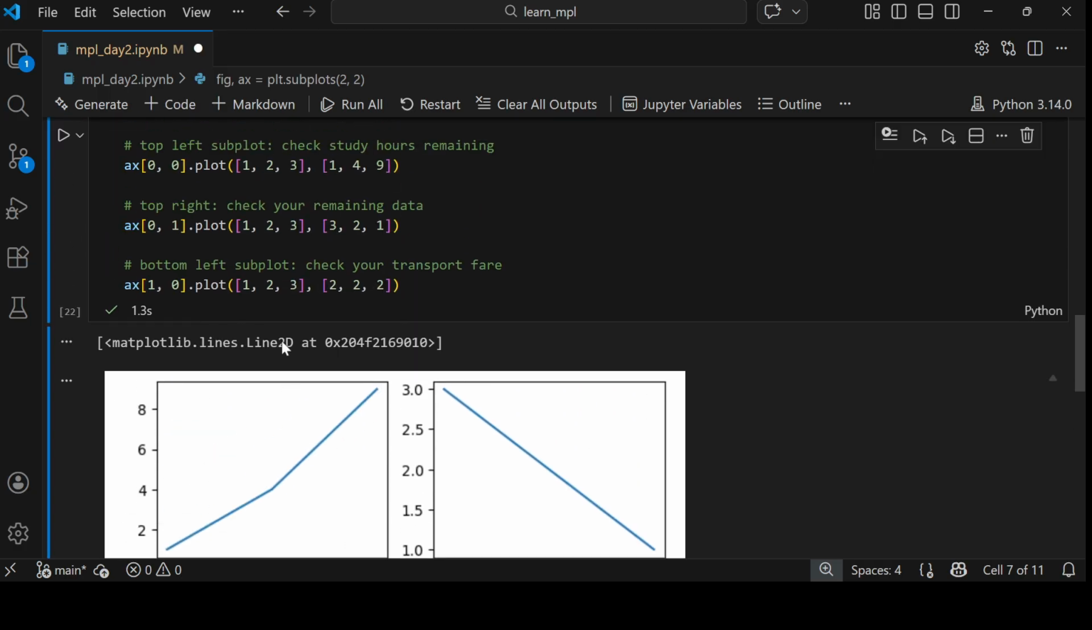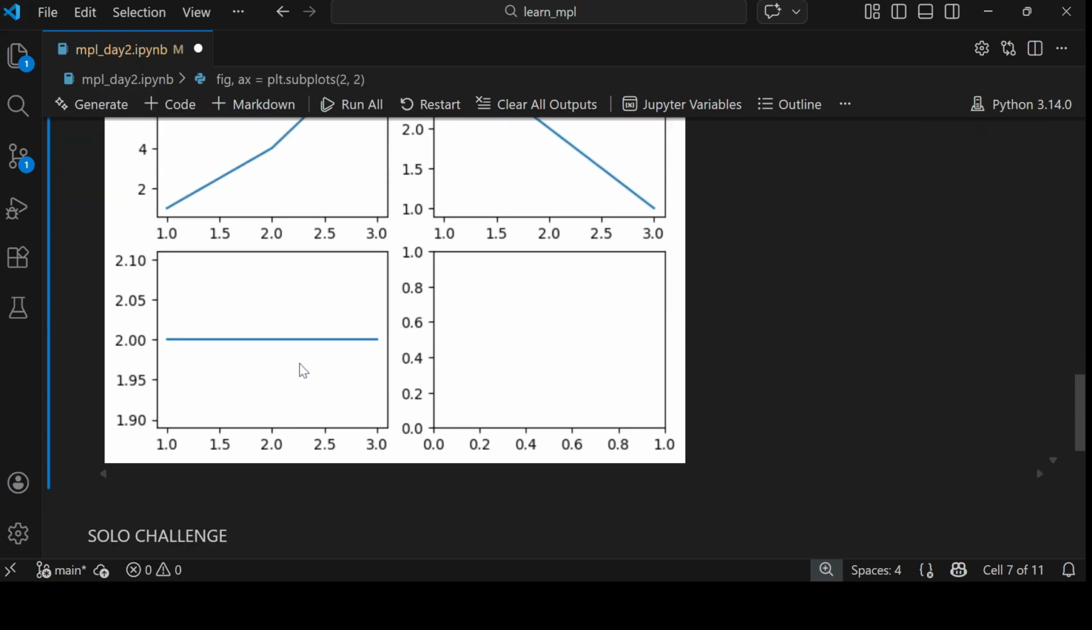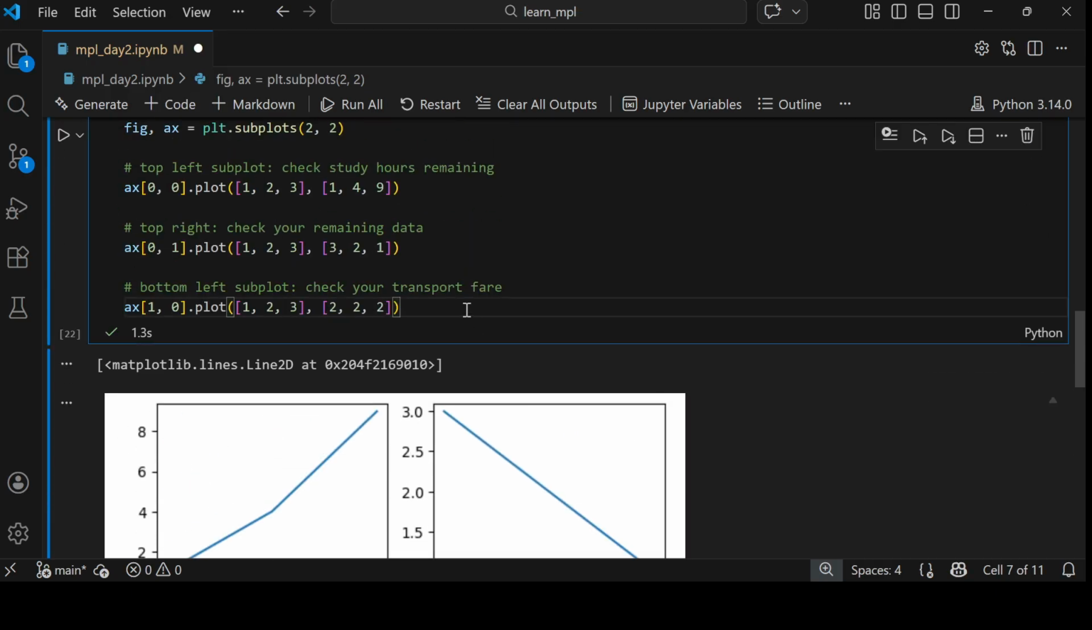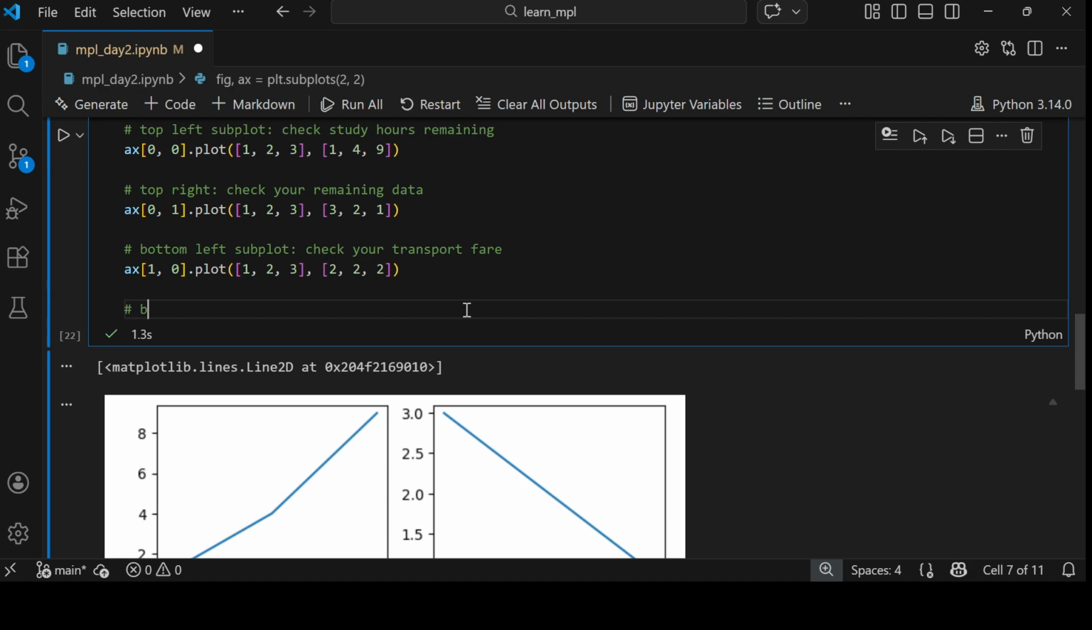So therefore, what are we checking here? It means that your transport fare gets to stay the same within the first day, the second day, and the third day. All right, that's great. So let's move on to the bottom right